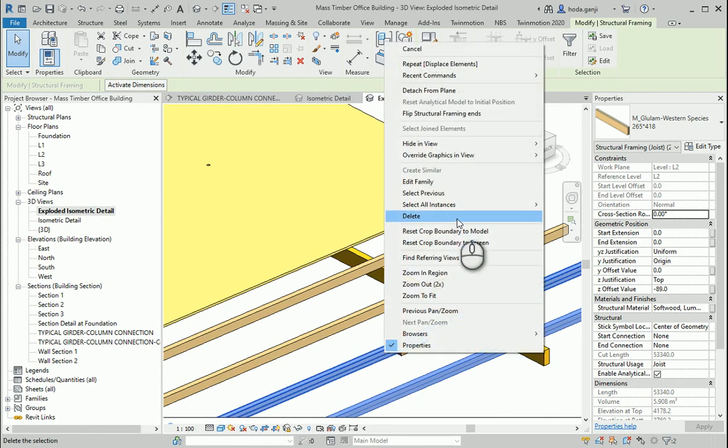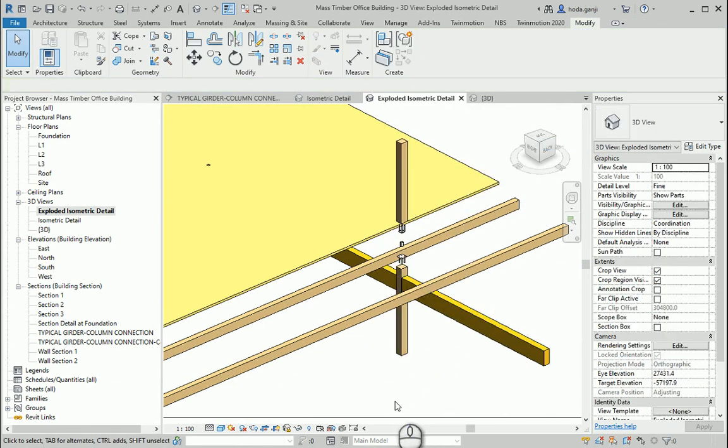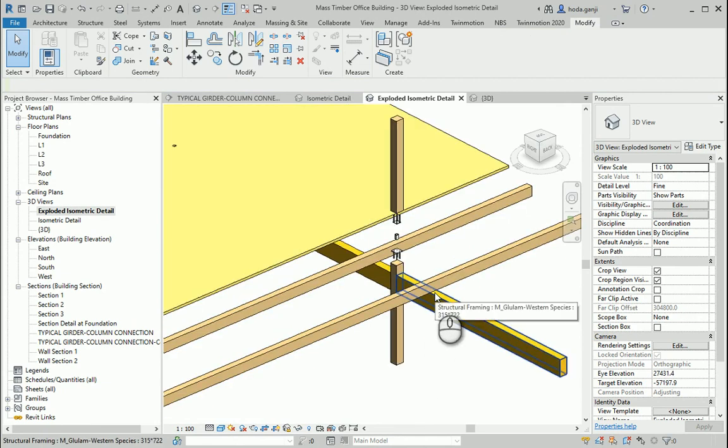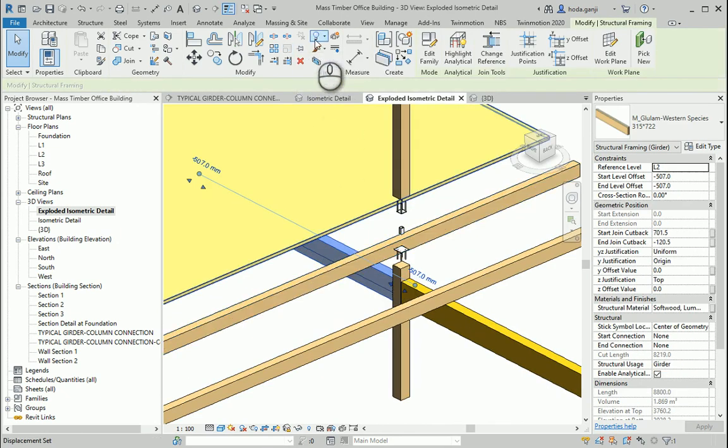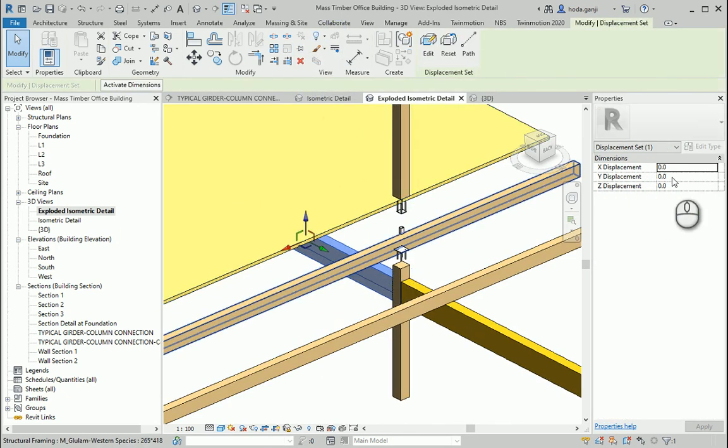So I'm gonna hide in view element. Okay, I don't want them to be temporarily hidden, but I want them to be permanently hidden. And about this one, I can go to displace again, and this should be a negative number on the Y direction. How about negative 5,000?